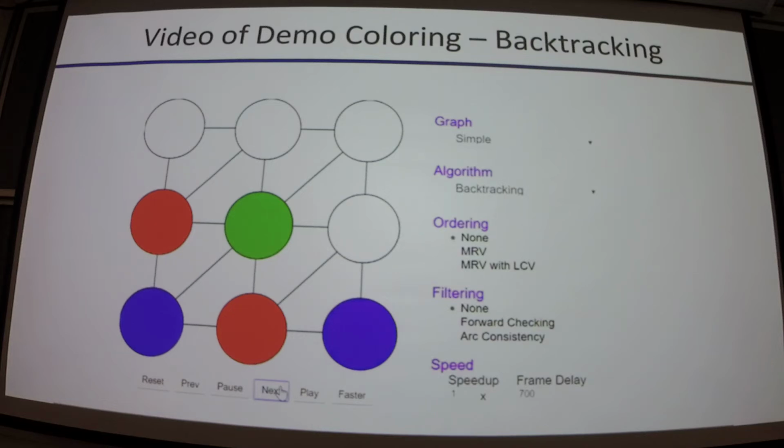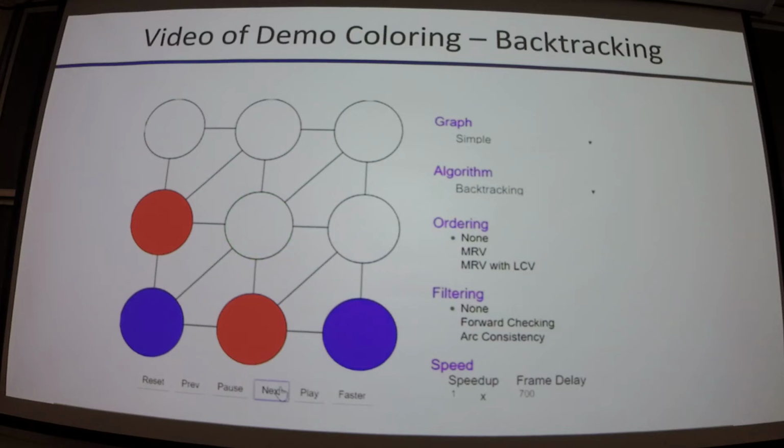We have a problem now, right? The successor for this green node, assuming we're assigning this variable here, there are no valid successors, right? Because of the constraint structure in the graph, that node cannot be any of the 3 colors now. So we're going to back up the tree. That is conceptually in our search tree a leaf node. It's one that doesn't solve the problem, so we keep going. Make sense? Backtrack.